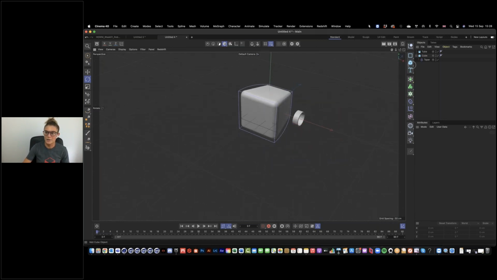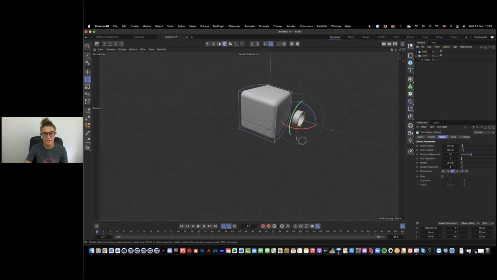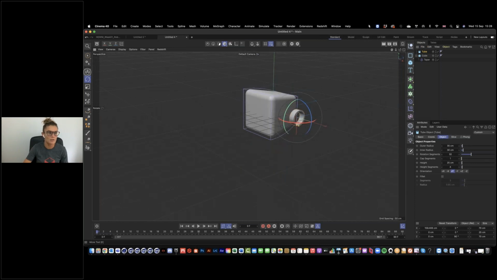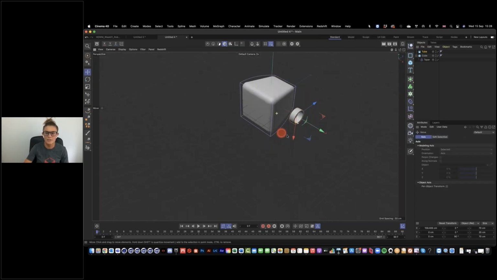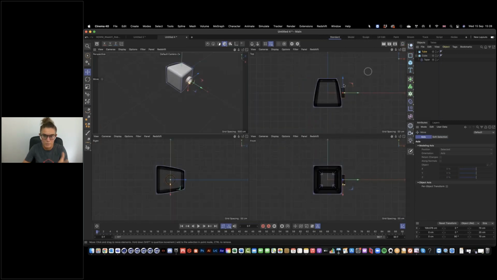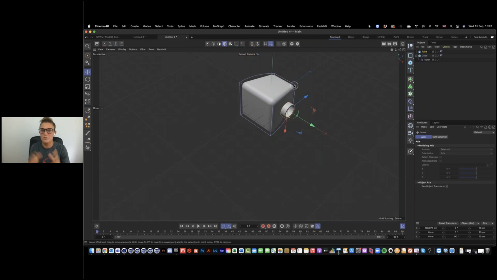Okay, cool, so now let's drop this guy on here. We could grab our move tools, try and position this and rotate it perfectly, maybe go to our 4 views like we used to have to do, which is not a problem. If you don't have access to the placement tools, then definitely that is the way that you can do that. But what I'm going to do, I'm going to grab